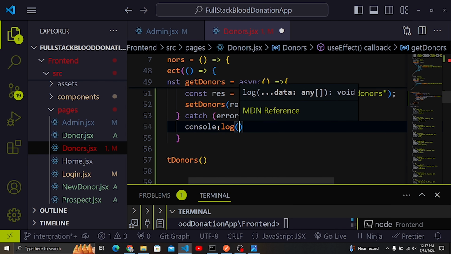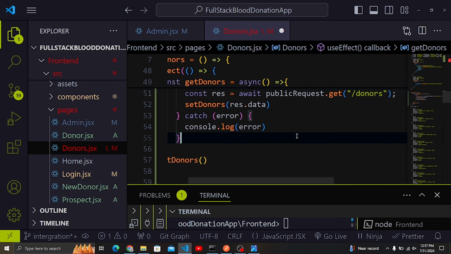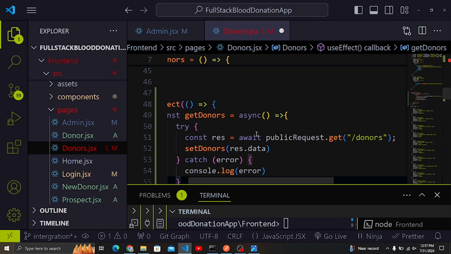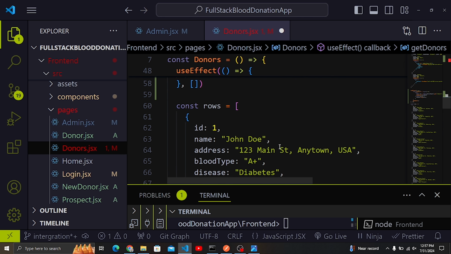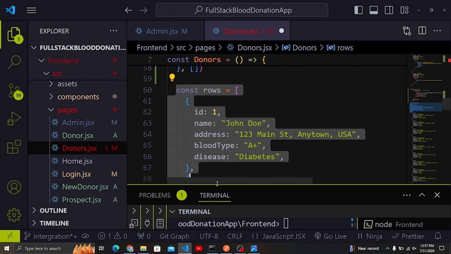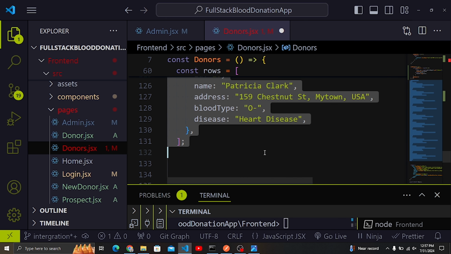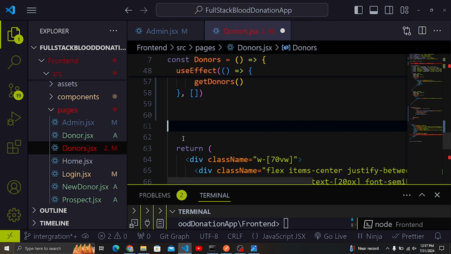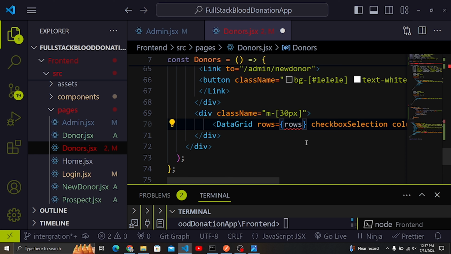If we have any error, you can console log here, or even make a toast so that you can show the error here. After that, I can try and delete these rows, this data, because now we don't need to hard code the data. We are going to have the data from our database after we fetch it, and then we can replace the rows. Here we can specify donors, because these rows will be populated with the donors